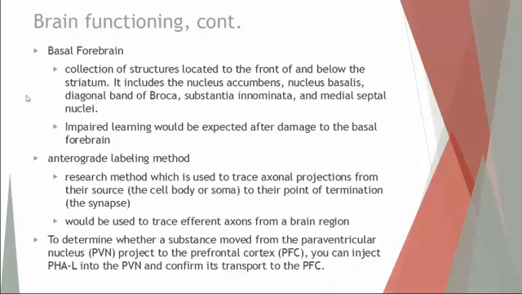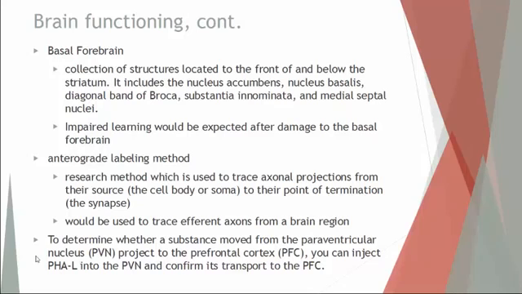And it's called anterograde because it's going from the axon down to where it terminates, down to or past the synapse. So you can use this to trace axons and where their neurotransmitters will end up targeting or terminating. Now if you do this the opposite way, going from the target tissue back to what axon it came from, that's called retrograde labeling. But anterograde is going from the axons and following the diffusion of the neurotransmitter after that point. And a way that you can do that is described here, in this last bullet point.